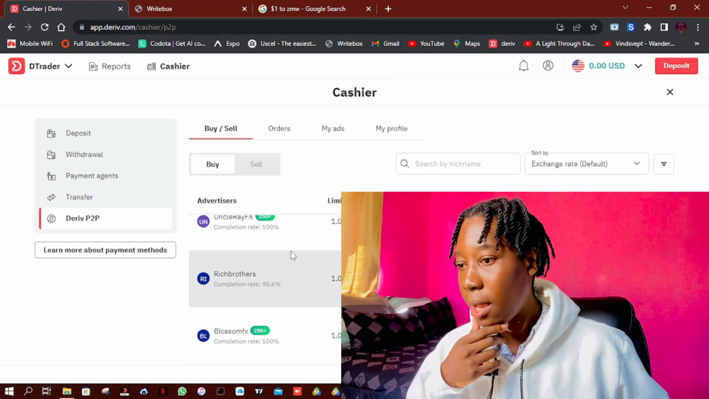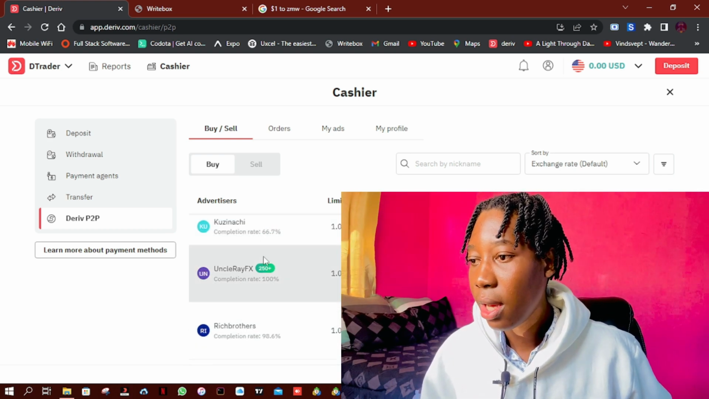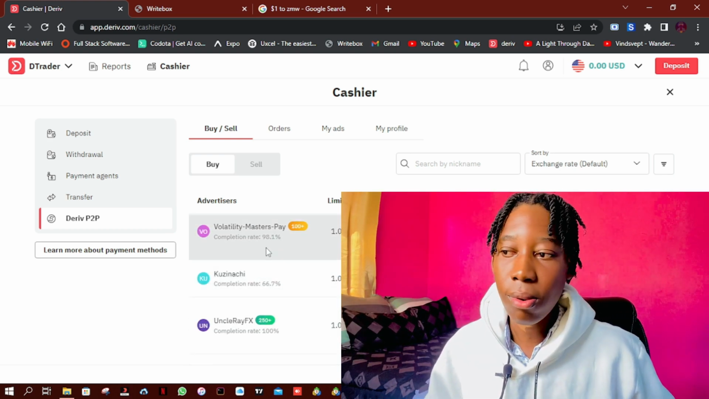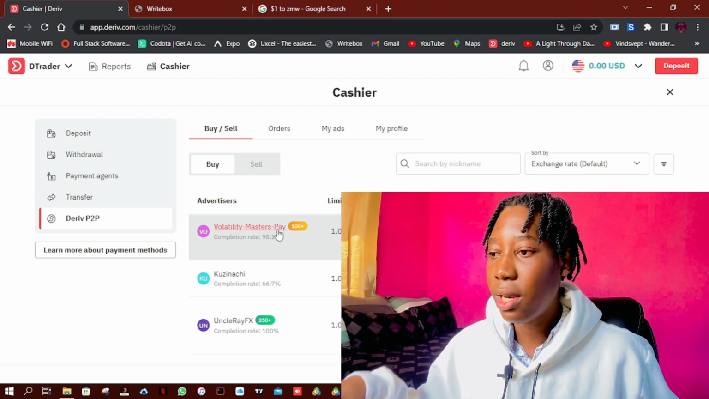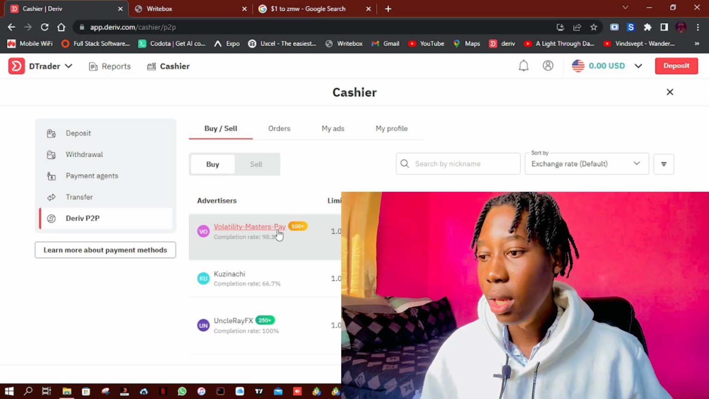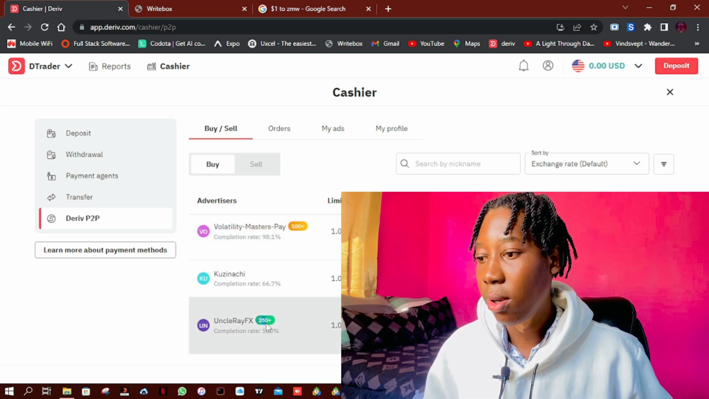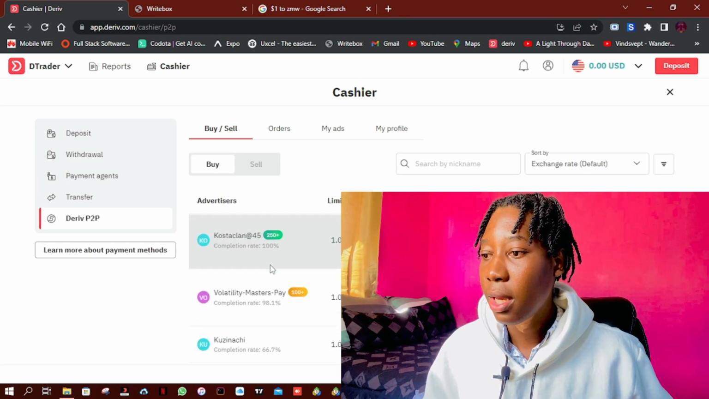So for example, this guy has got 100%, 98%, 100%, 66%. This is a good completion rate. And the other thing people look at when it comes to buying and selling dollars is how many transactions you've done in the past. As you can see, this one has done about 250 plus, the other one has done about 100 plus, the other one has done